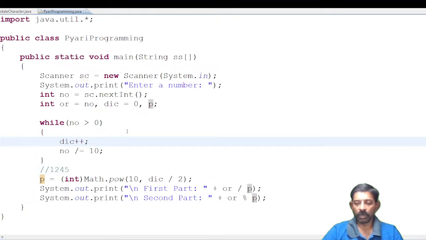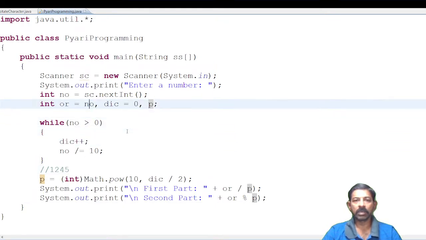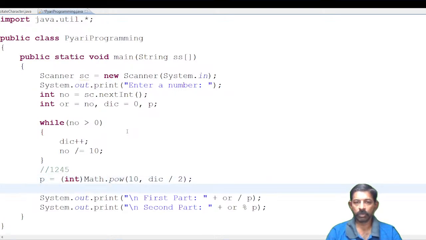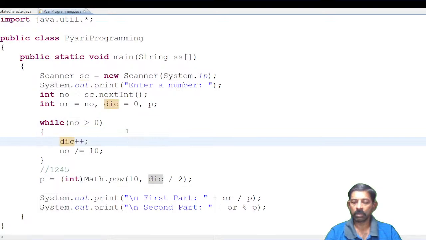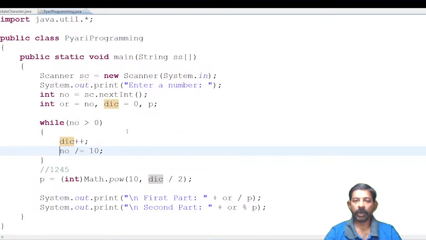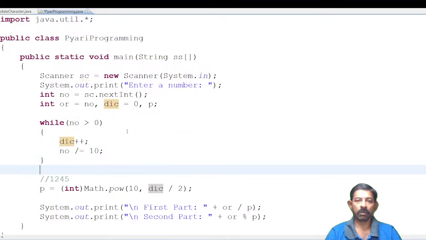The number of digits is done. The digit count is 10 to the power p. Here NO is greater than 0. True. Digit counter is increased. NO by 10, I'm getting the quotient. When I come out of it,